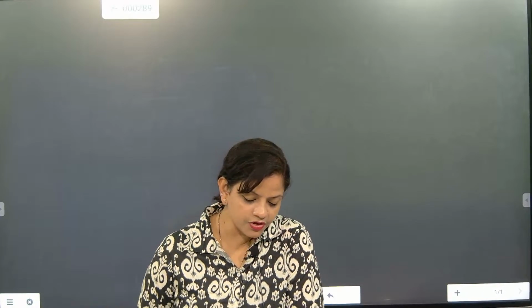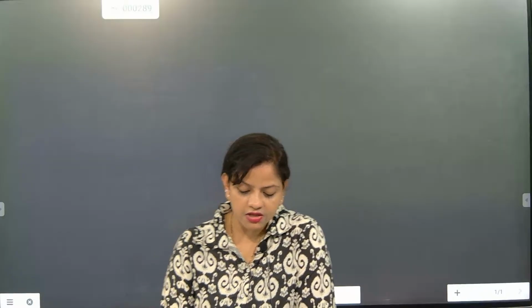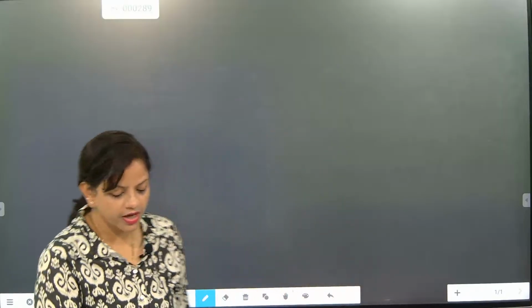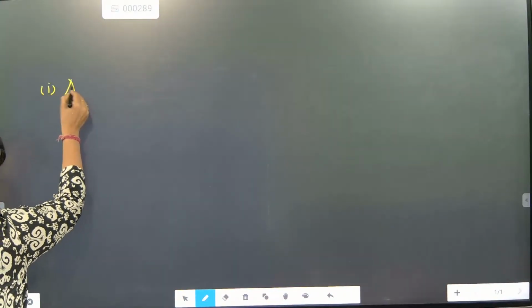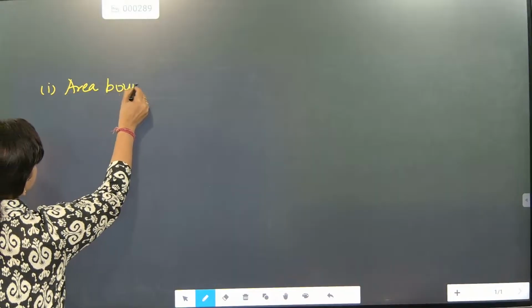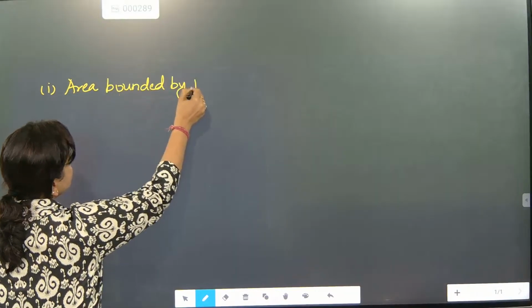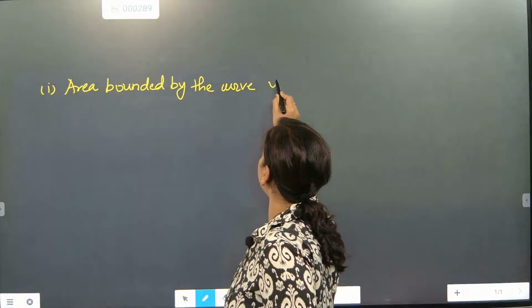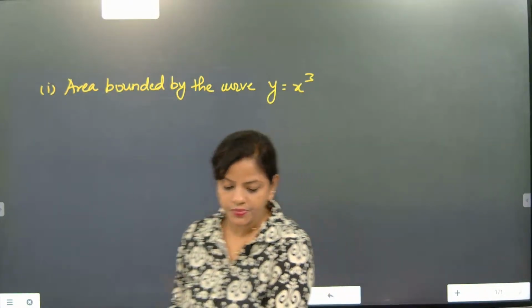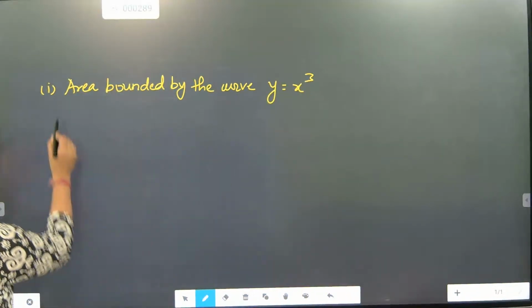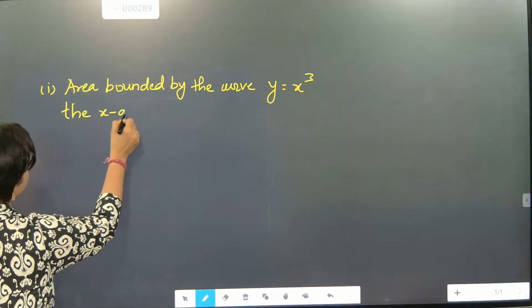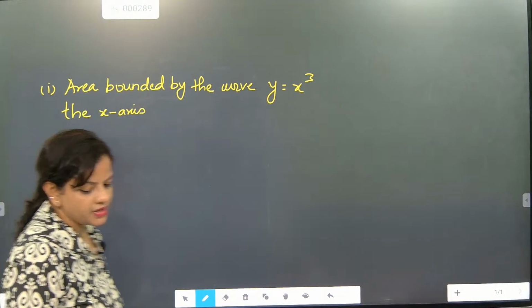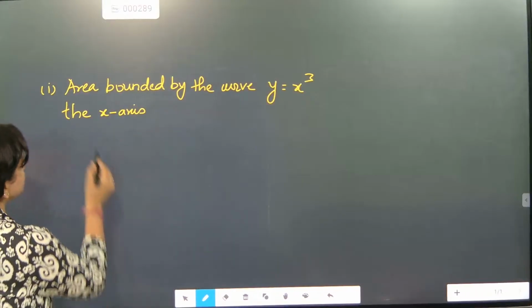So now our first question is, once you are seeing the area of the region, just check this one out. First question: area bounded by the curve. If somebody asks you area bounded by the curve y is equal to x cube, the x-axis and the ordinates